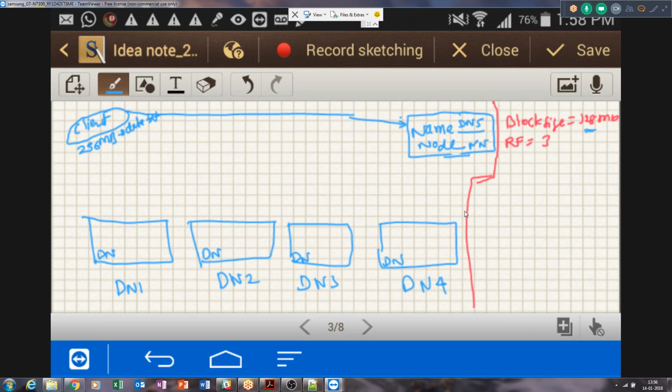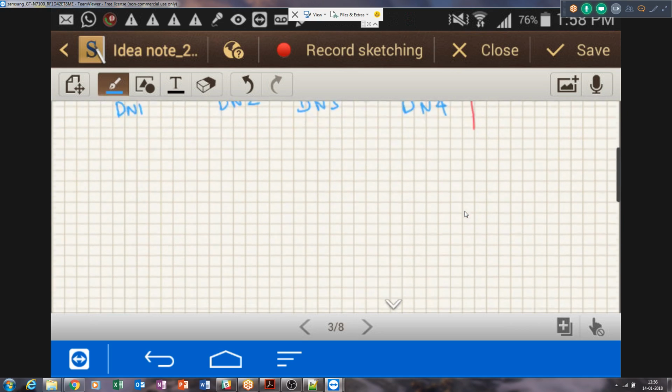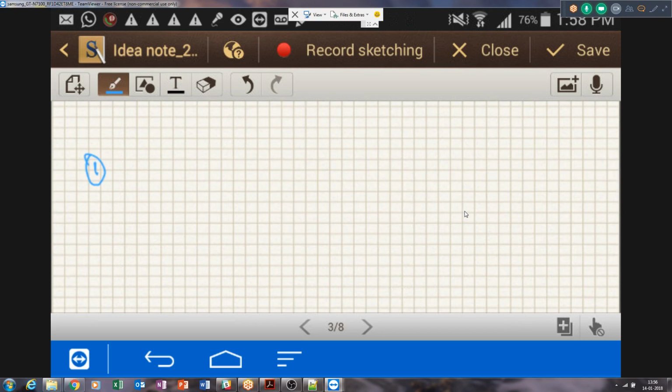There is one mechanism called the heartbeat mechanism.